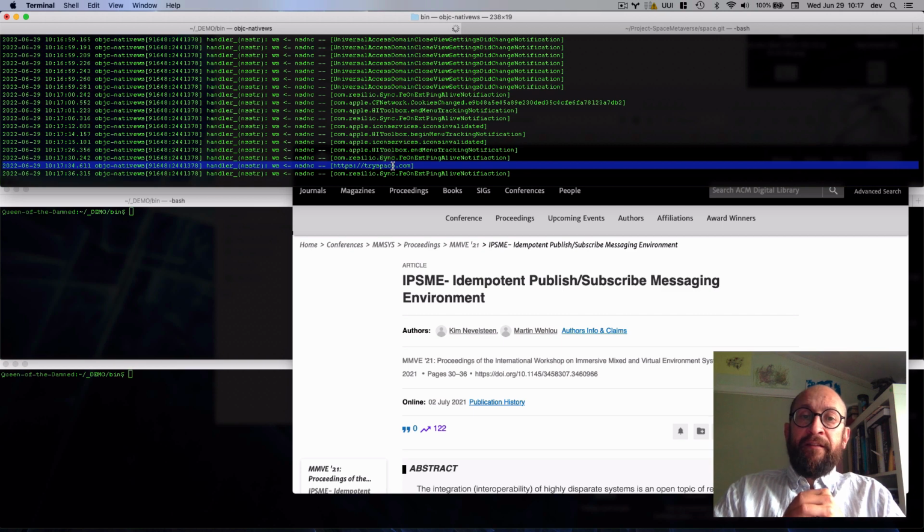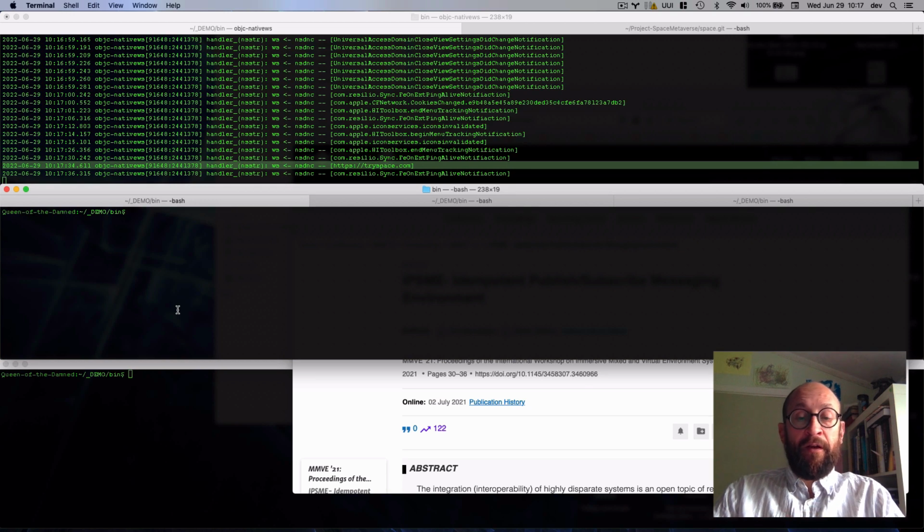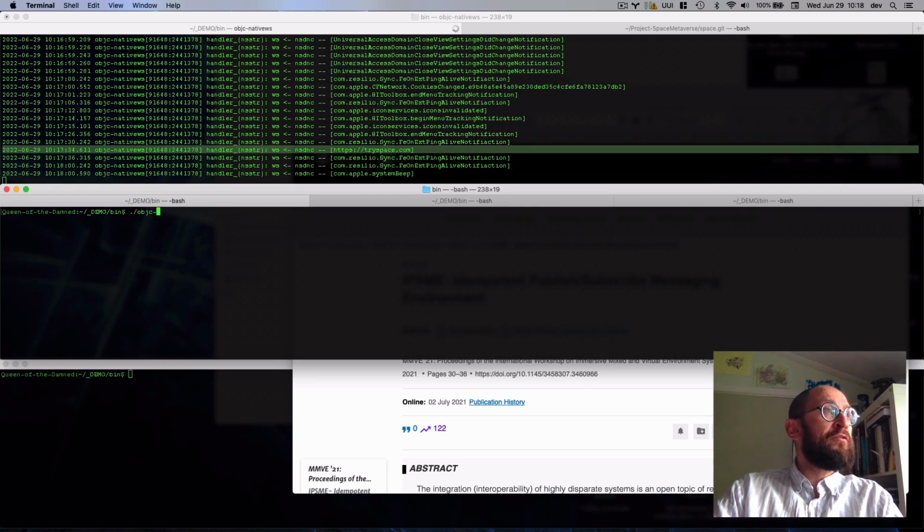The operating system has the ability to open up a URL in your default browser. There's an API for that. So what we're going to do is dynamically add a translator into our system that does exactly that. It binds that message to the ability of the operating system to open that URL. So I'm going to start that translator. And now if I try it again,